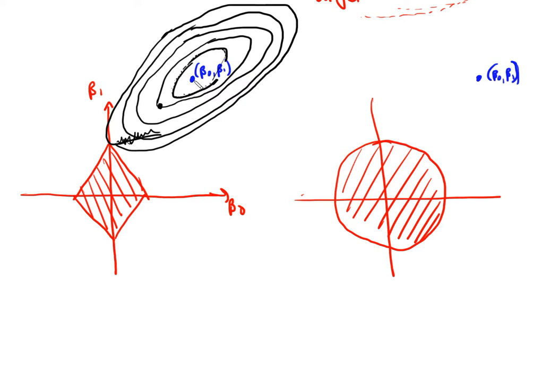According to least squares, it has this RSS value. And then we drew other contours of ellipses that share a common value of RSS. This contour line, this contour here, it is a certain value of RSS. This one, a certain value of RSS, and so on. Now, as the contours expand out away from this least squares point, the RSS increases because